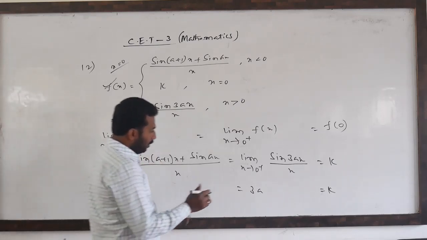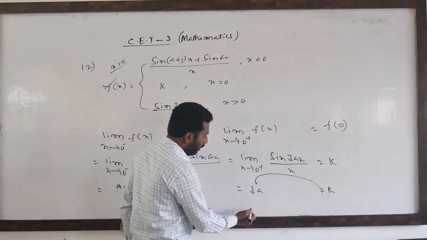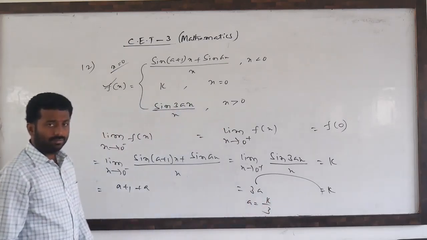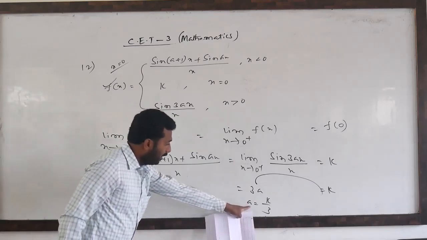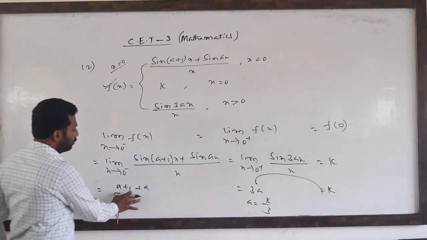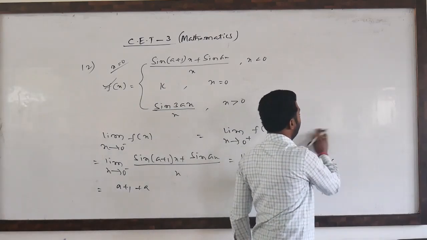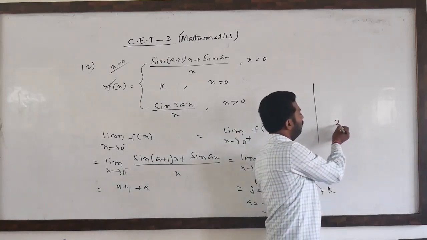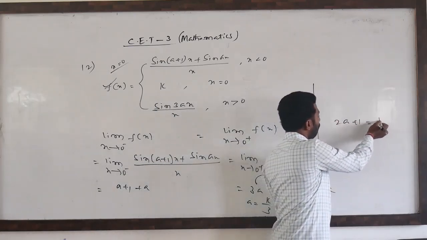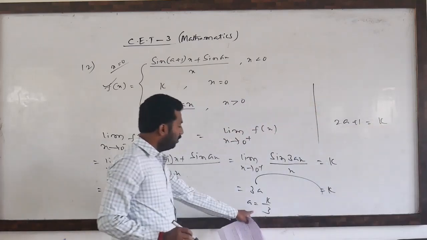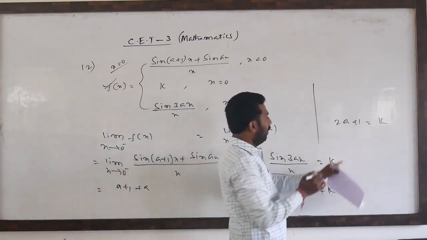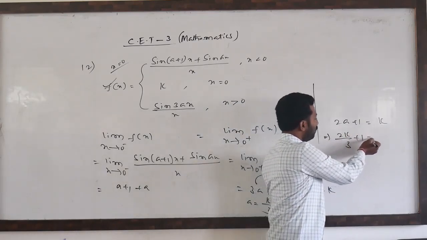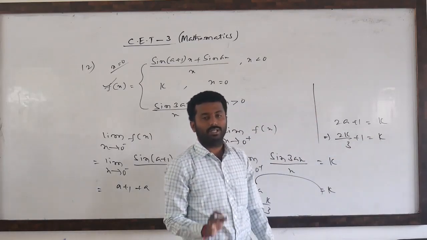So you observe, if you are equating these two, so what is a value? K divided by 3. So a value k divided by 3, then later this one and this one I am taking. So how we get? See. So what is this value? A plus a means 2a. 2a plus 1 equal to k. What is a value? K by 3. You substitute here. A value k by 3, nothing but this is 2k divided by 3 plus 1 equal to k. Means a we are eliminating.